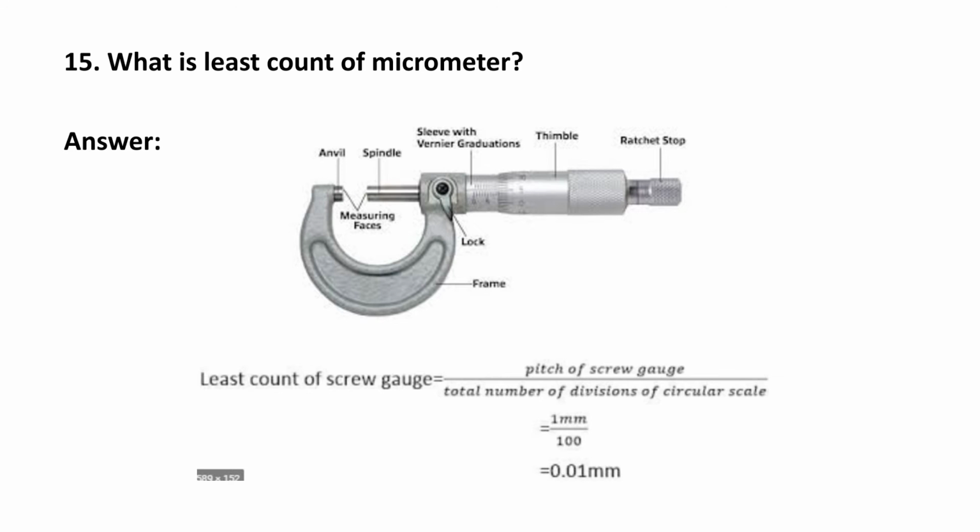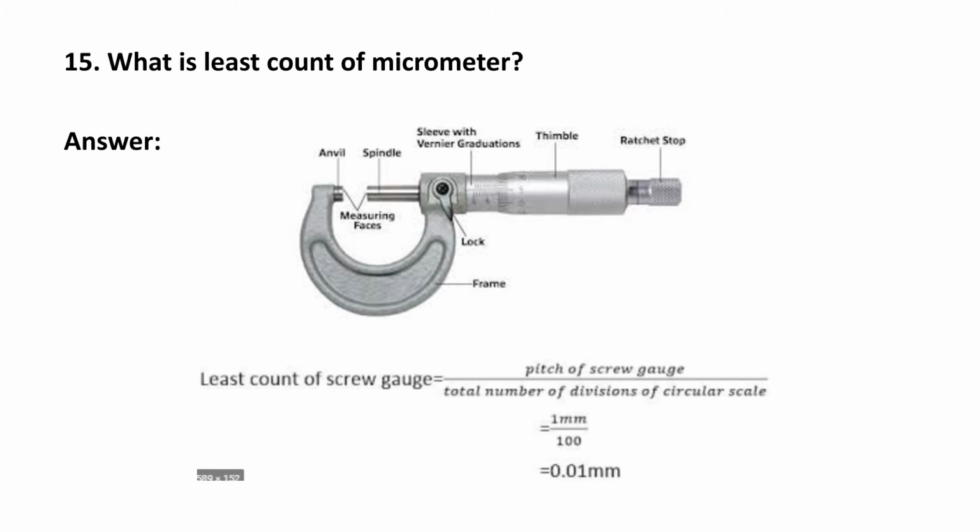Next question, what is the least count for a micrometer? Here you can see the micrometer screw gauge. It has an anvil and spindle for measuring the external diameter. With the help of a micrometer, you can only measure the external diameter, you cannot measure the internal diameter. Then it has a frame and locking mechanism and the ratchet screw for clamping the micrometer screw gauge. The question is, what is the least count for a micrometer?